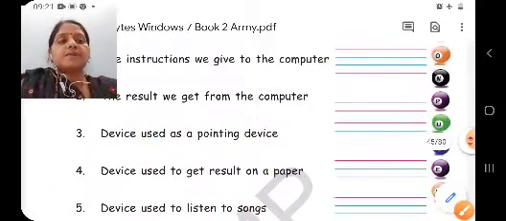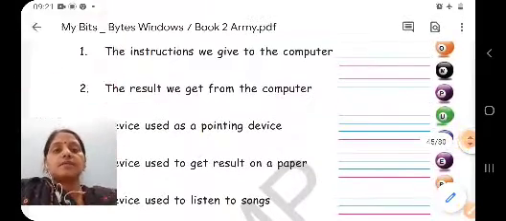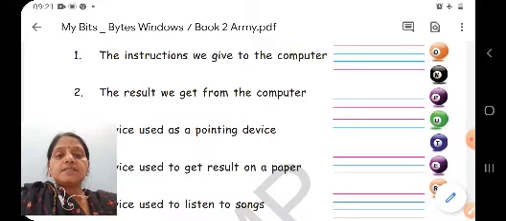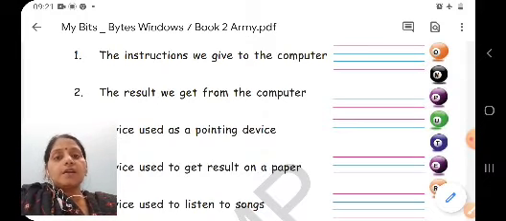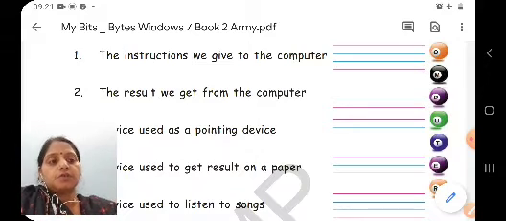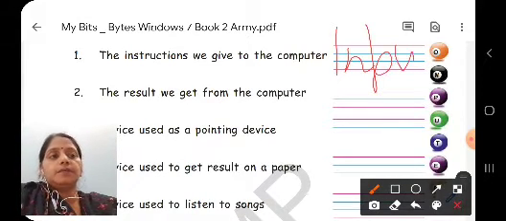Let us revise it once again, children. First question is the instructions given to the computer. The instructions given to the computer is called input. So whatever instruction we give to the computer, we call it as input. So here you will write input, INPUT, input.